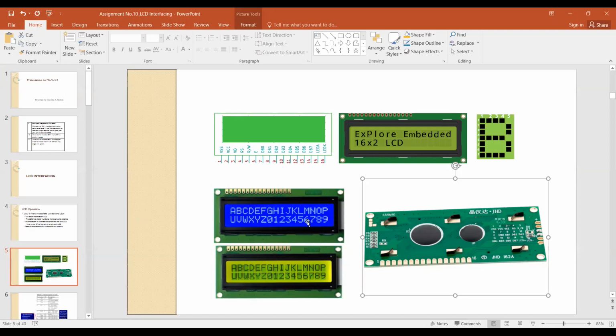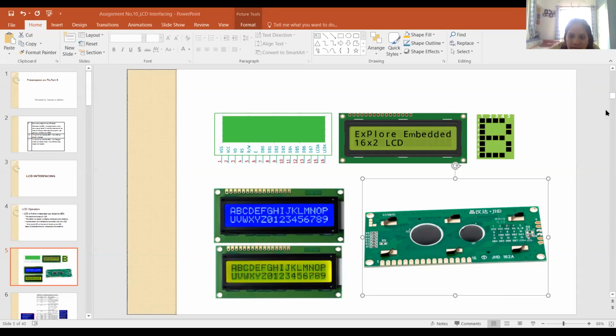On this LCD display, what is the assignment? The assignment is like here, A, B, C, D, up to 9, the characters are displayed. In the same way, we want to display our own characters on this LCD display. To do that, what things are required?